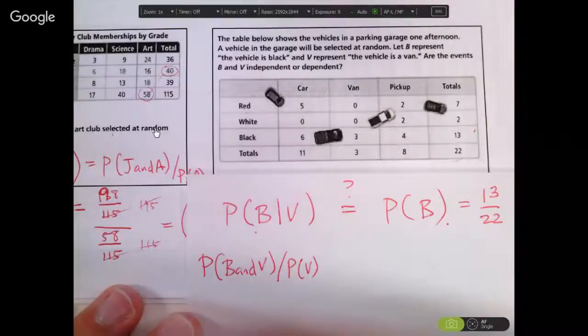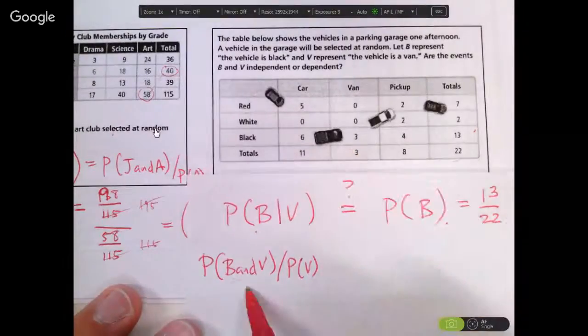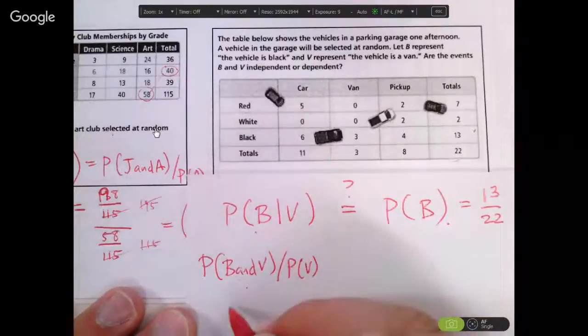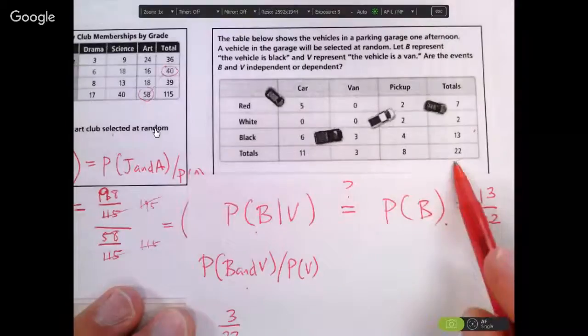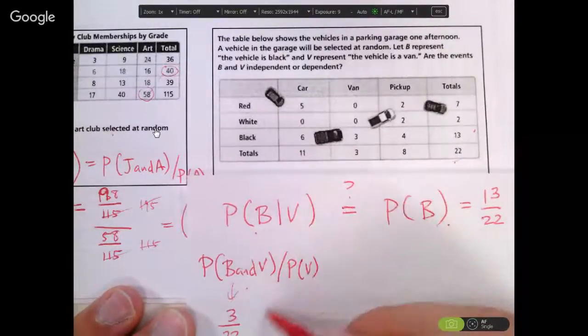Okay, so he's saying a black van. Black and a van is 3 out of... no, 3 out of 22, out of all of them. Why is it out of 22? Out of the total. There are 3 black vans. There's 3 of those. Okay, that's what this is, divided by